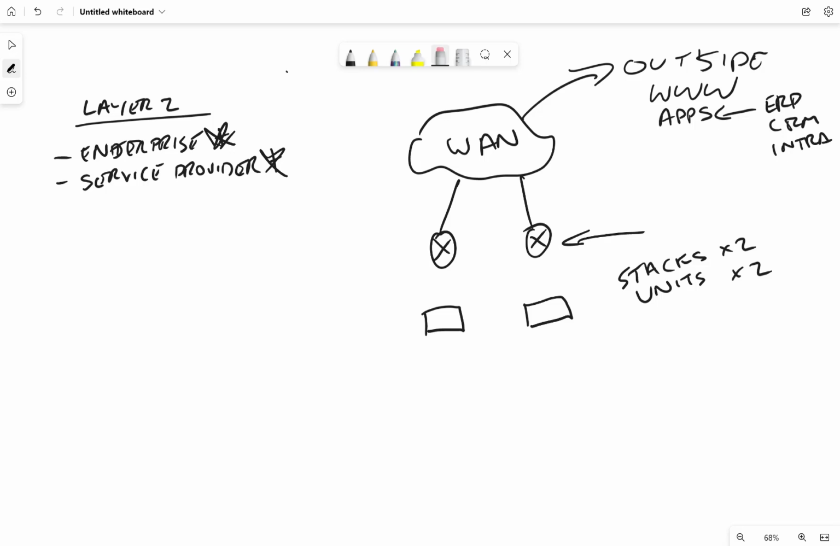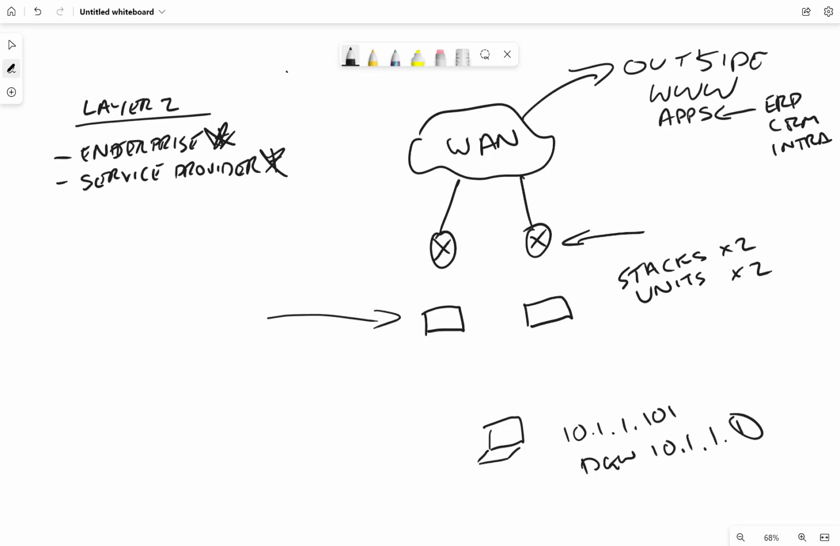Okay, so now if we have the clients on the network, which are down here, a PC or whatever, and that has an IP address of 10.1.1.101 and a default gateway of 10.1.1.1, and that 10.1.1.1 needs to reside on these switches, this switch layer. Okay, so what we might do is from this switch layer have a single VLAN, if that is VLAN 10,